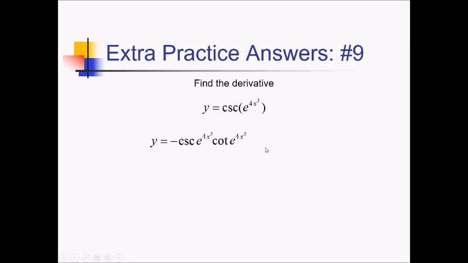So that itself is its own chain rule. Our outer function there is e to the something. Derivative of e to the something is just the e to the something. But now we have to take the derivative of the innermost something, the 4x cubed, and that is going to